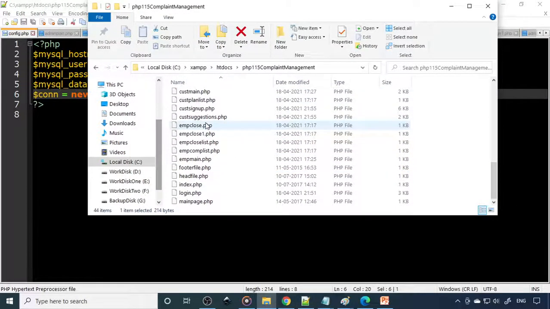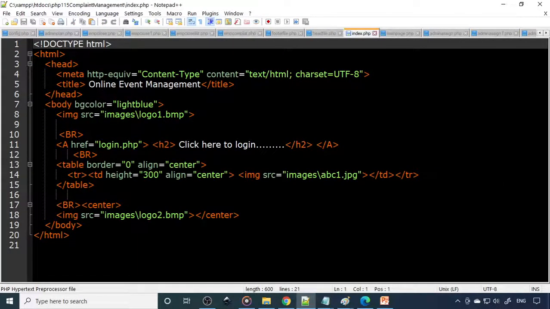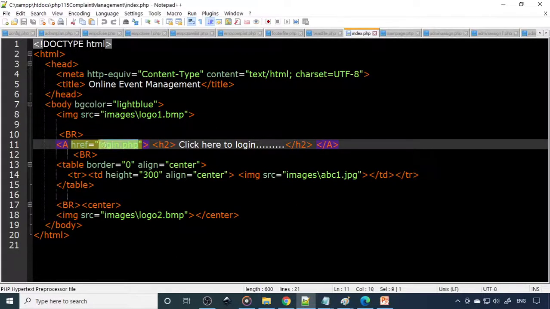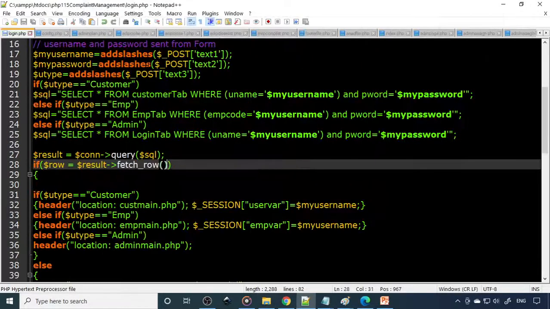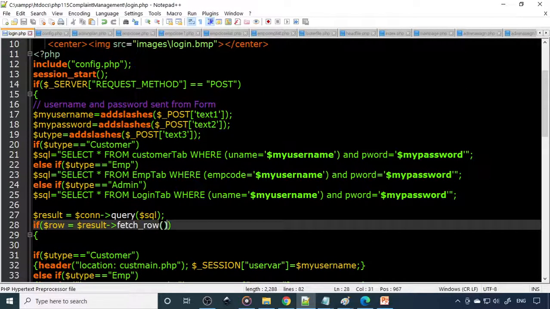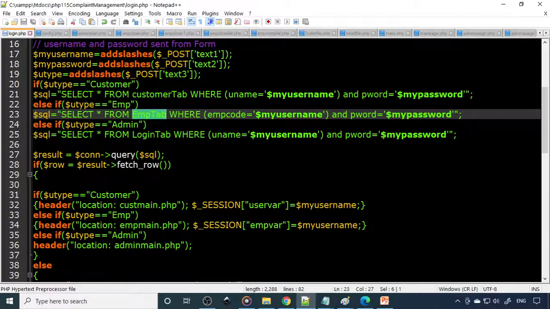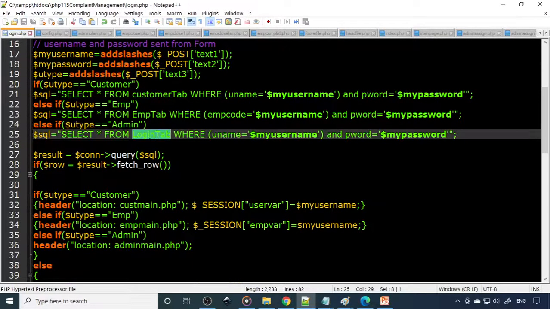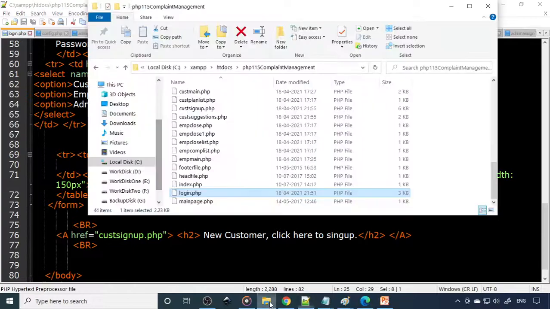Next, it will take you to the index file. This is index.php, the first file. From here, when you click this, it will take you to login.php. Now you can see that there is a login.php. Here, instead of making 3 different login forms, in the same form the customer can log in, the employee can log in, even the admin can log in. Based on who logs in, we change the corresponding table: if it's employee, the employee table; customer, the customer table; login, the login table. This is the corresponding user ID and password, and this is how we check and take you to the next step.